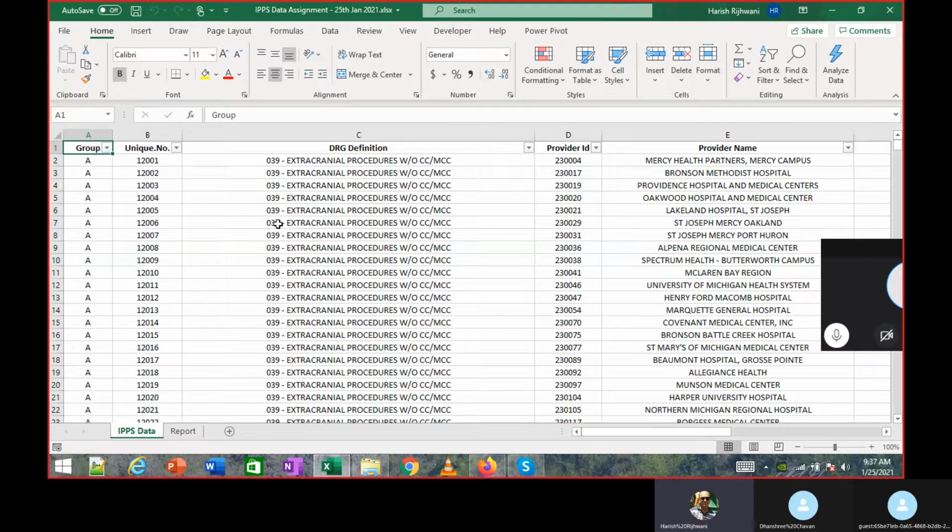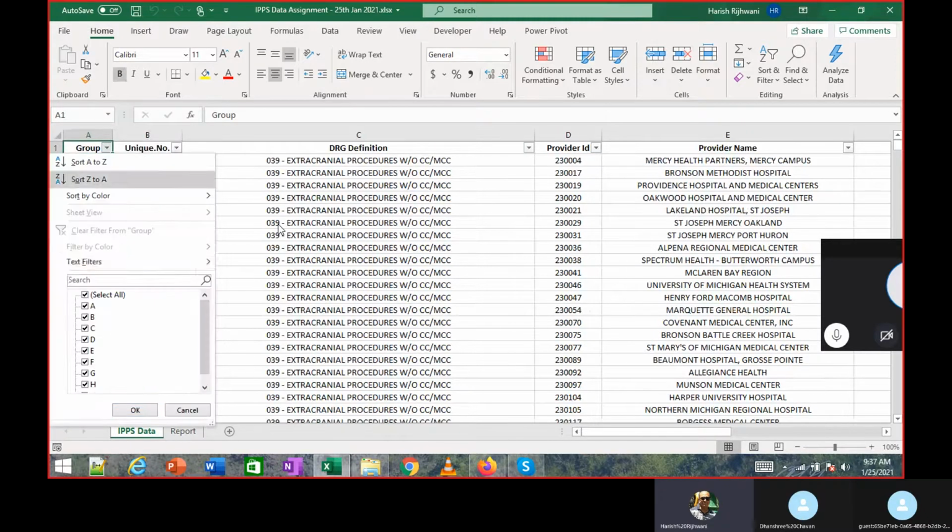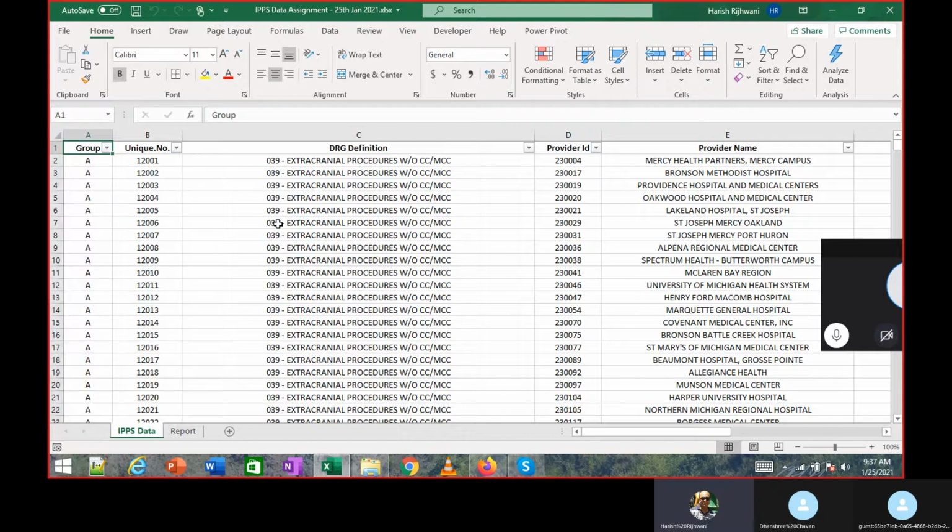Since there are 8 members, I'm not sure if you've decided the group, but as of now you can just choose. There are supposedly 9 groups over here. There's data for 9 groups, but you can choose any one group, A, B, C, whatever, from a data analysis perspective.